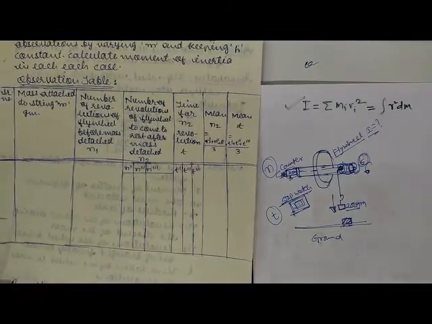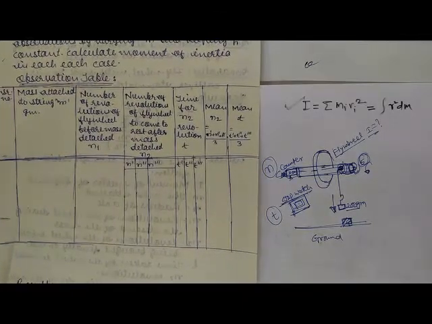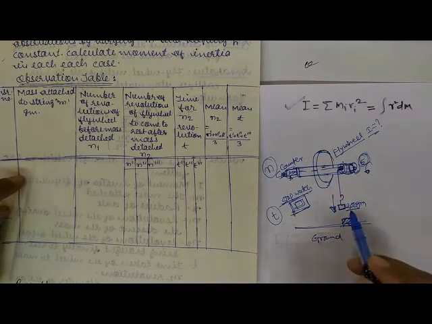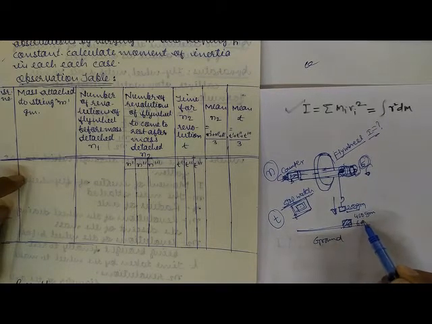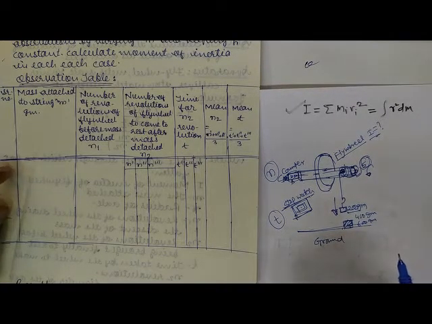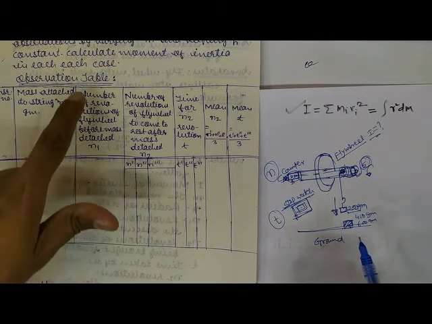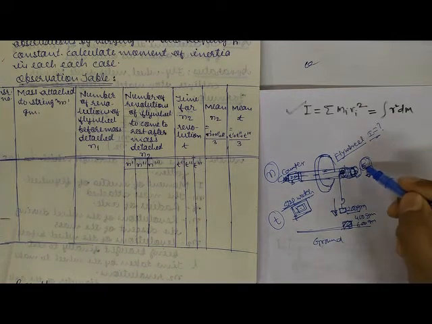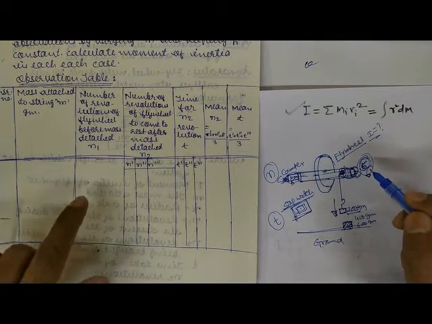Okay, right. So let us move towards the observation table, so that you will get a clearer idea of what exactly we have to write. Now I hope you can see this observation table, and whatever I said is only the procedure. In the observation table, serial number, because we will take 3 different sets: one of 200 gram, then 400 gram, and then 600 gram. So for serial number 1, mass attached to the string is 200 gram. The number of revolutions of the flywheel before mass detach, meaning before the mass hits the ground, is 5 revolutions, which we will keep common to all 3 sets.